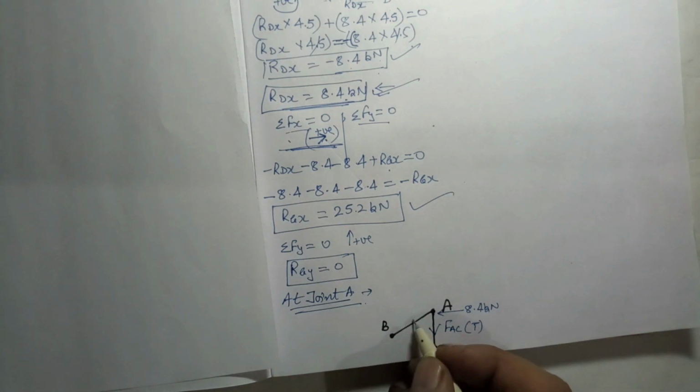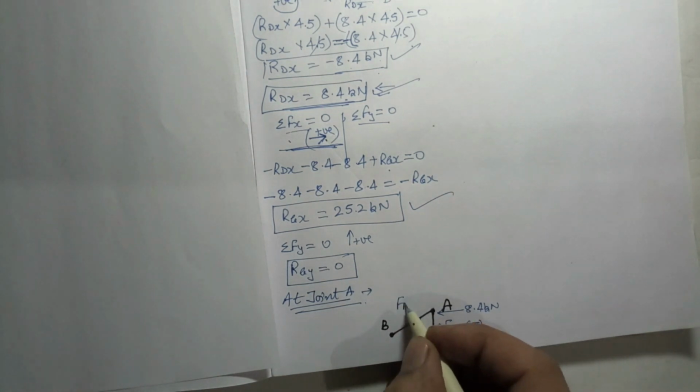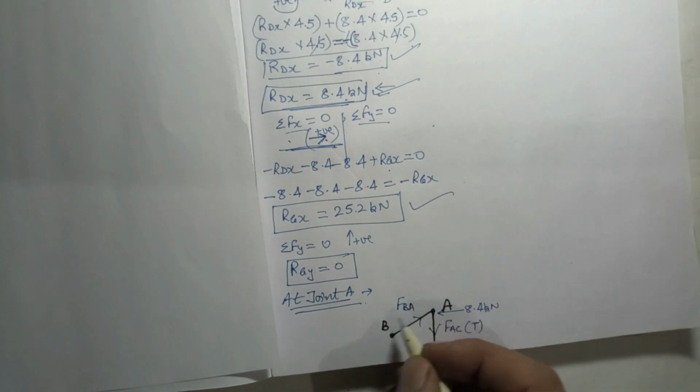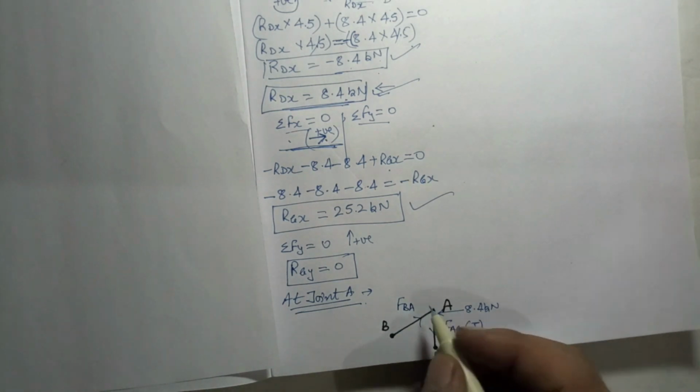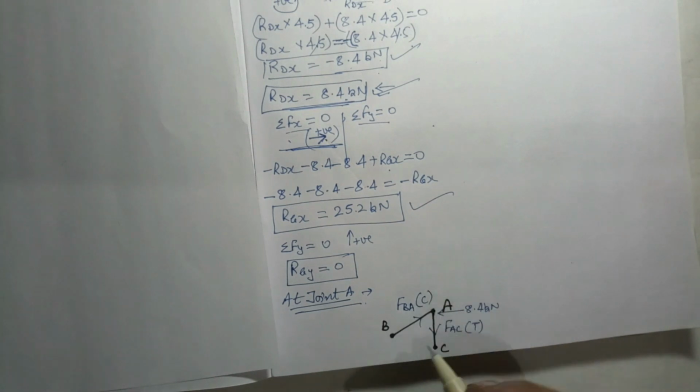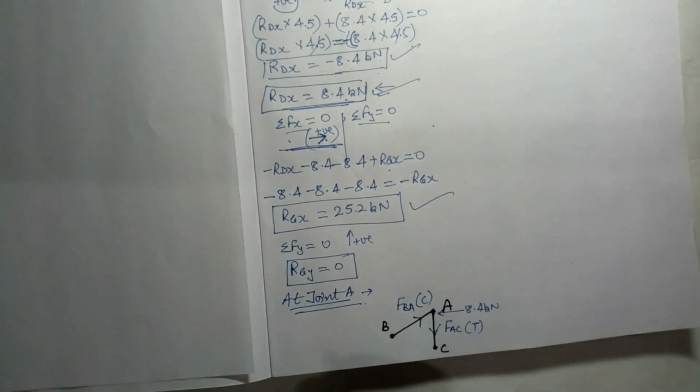Now in this one I'm taking FBA, or AB, you can say BA or AB, force in member BA, and the nature of force is compression. Compression means force direction is towards the joint, that is why it is compression. I always use this method. If I take one tension and one compression, mostly the equation will come out this way. Otherwise you can take any direction, this compression, this tension. I have told you in the previous question also, this is just to assume only. After that it will depend on the positive and negative values.